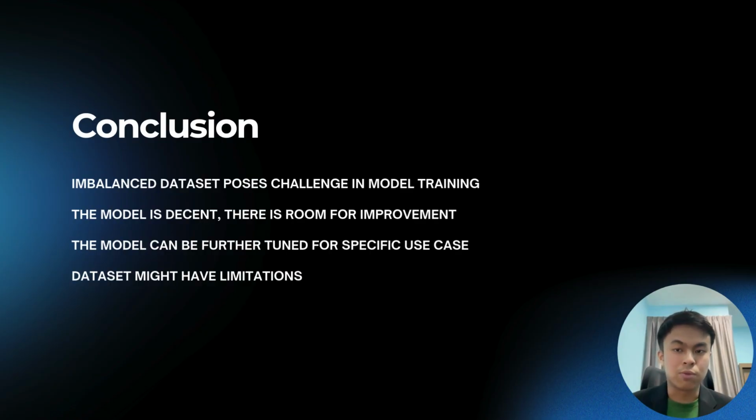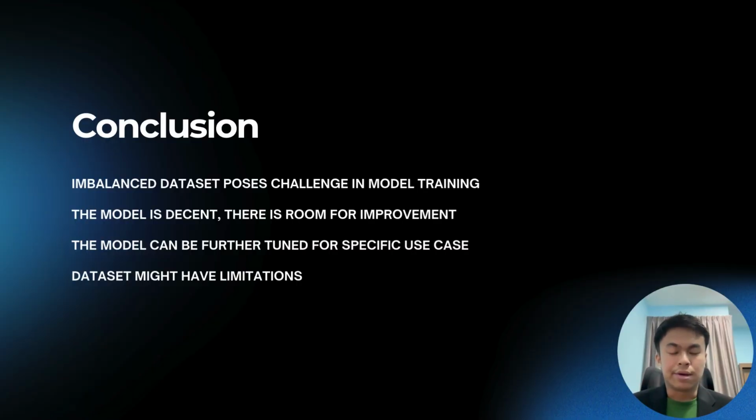Now let's conclude on what we did in our project. We have an imbalanced dataset, and this imbalanced dataset poses a challenge in model training. During our project execution, we also looked at how other people handled this same dataset, because it is posted on Kaggle. So we surveyed how they did it and wanted to apply it to our project. Then we found out that some of them did some wrong steps. For example, they oversampled the test set, which caused data leakage, and then their results were very good. But I don't think that is a good solution.